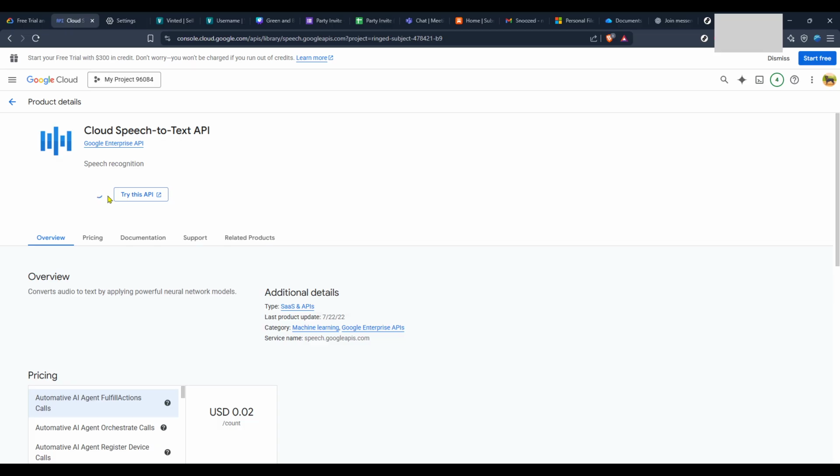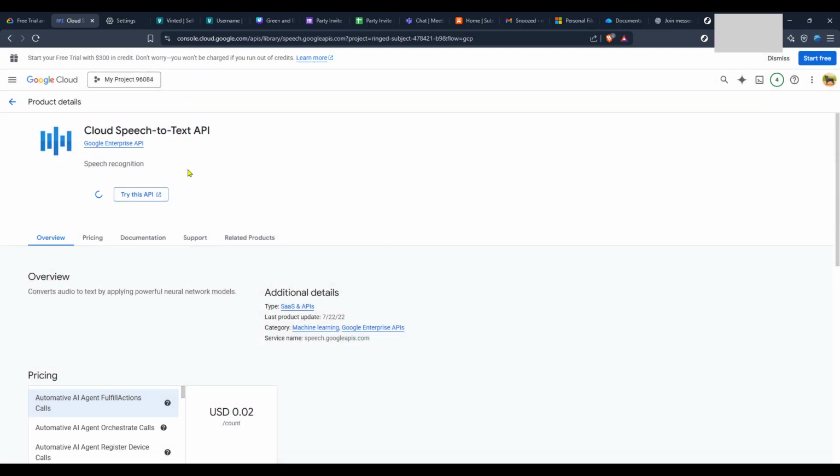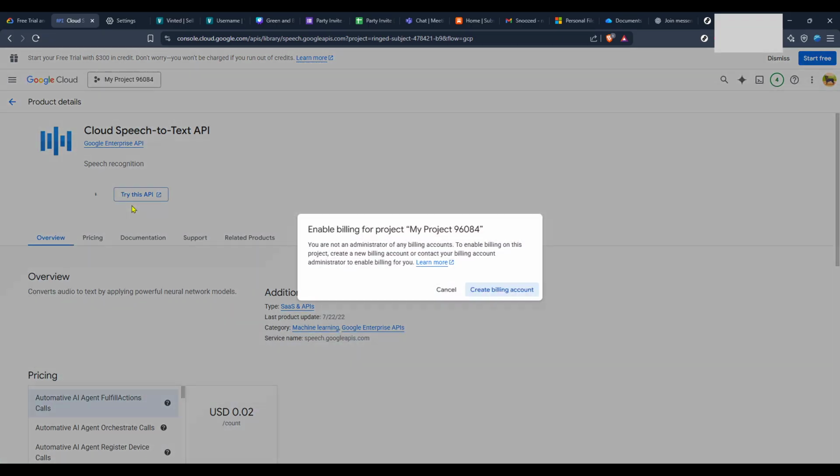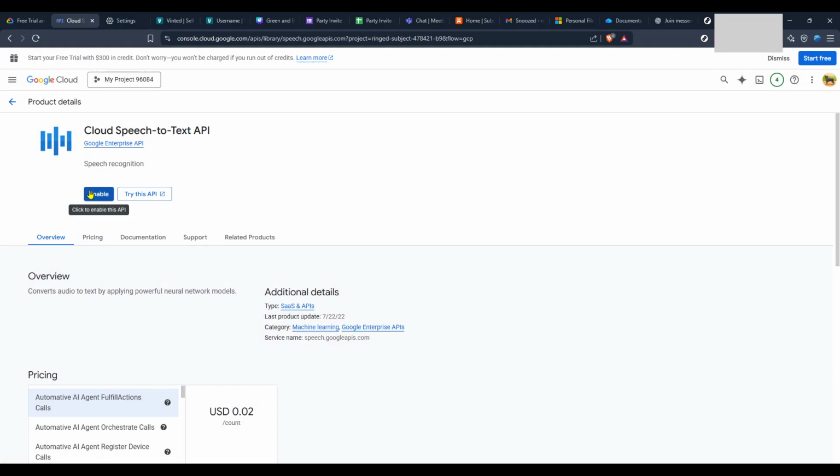By enabling the API, you're allowing your project to use these services, so all those amazing features are just a step away. And there you have it. With the Cloud Speech-to-Text API enabled, your Google Cloud project is now set to start utilizing text-to-speech services. If you're planning to integrate this into an application, keep in mind that you might need authentication credentials, which you can set up within the same API and Services section.